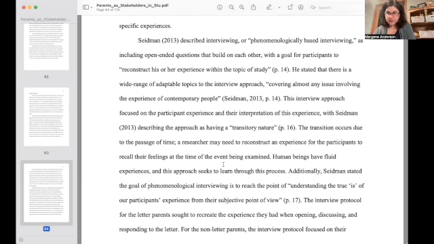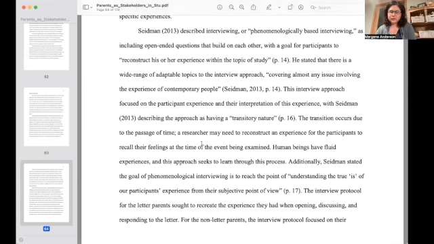Further along, Dr. Harbach then adds a little more information about interviewing as a process, and relates this back to why interviewing is appropriate for this sample of parents, this population of parents that she samples from. Okay, so that's the next part of those paragraphs. And then she gets down to talking a little about how to do the interviewing and what the theory and philosophy behind that process is. And she references Seidman. So she goes on to say, Seidman described interviewing, or phenomenologically based interviewing,